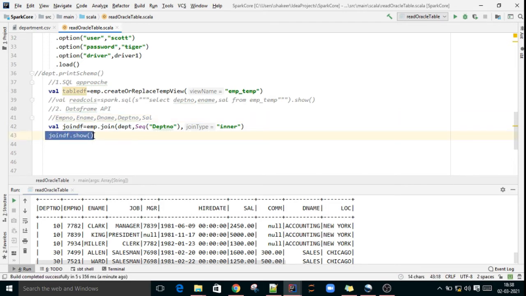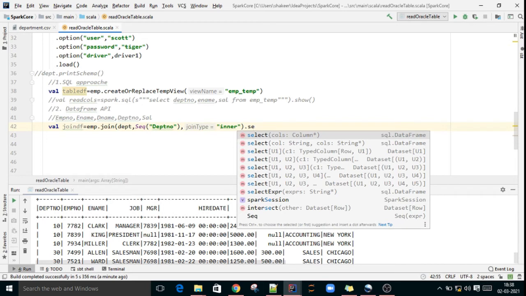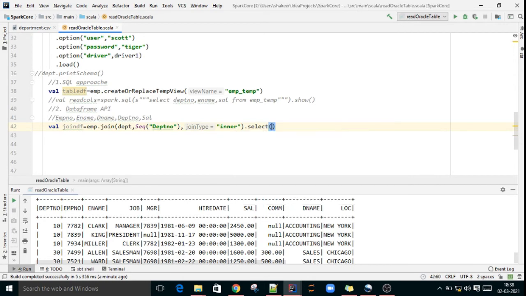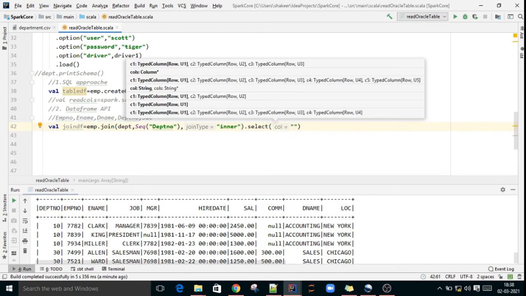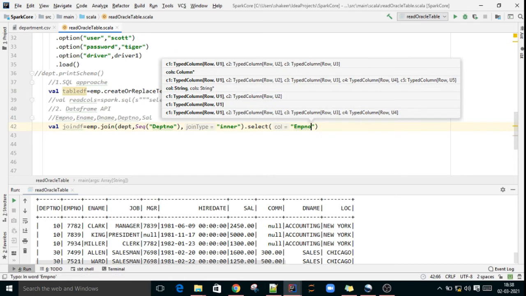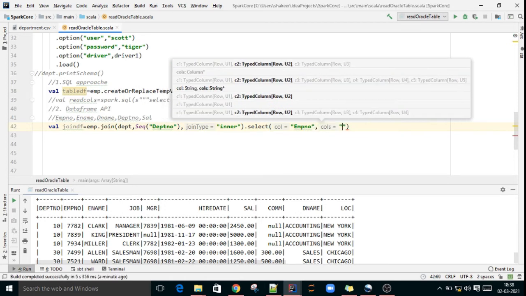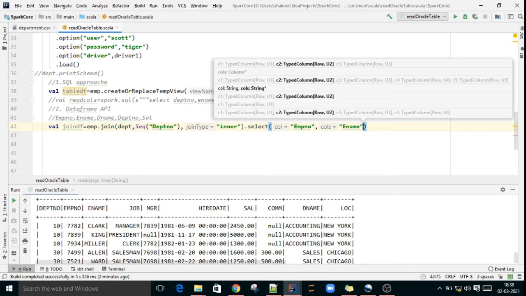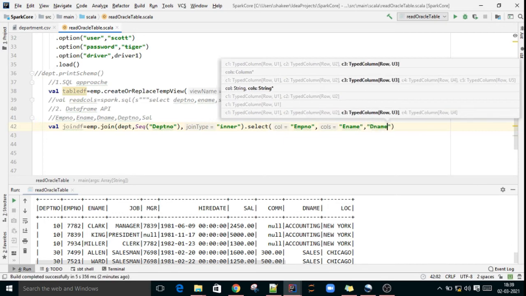So if you want to filter that directly, we can give select here. Select, double quotes, column names: employee number, E name, D name, department number, and salary.